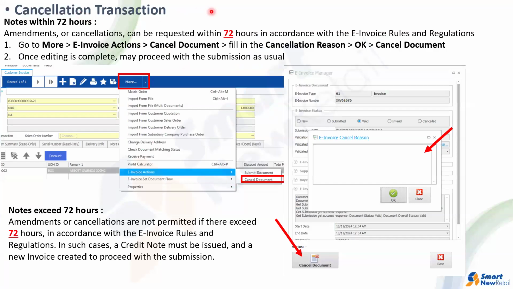Yeah. Cancellation transaction. As I mentioned earlier, let's say after you submit, it was valid already, as you can see on the status, it was valid. But just in case you found out, hey, I keyed in the wrong item, the wrong pricing, wrong quantity, I need to adjust the price, there's a discount, something like that. You can click more, e-invoice action,